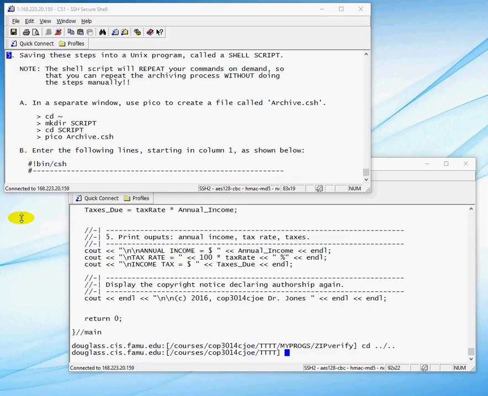Welcome back. This is the fourth and last video on scripting. With this, we will actually write a Unix program that is capable of repeating all the commands we did earlier. So, let's get started. In a separate window, we want to create a file called